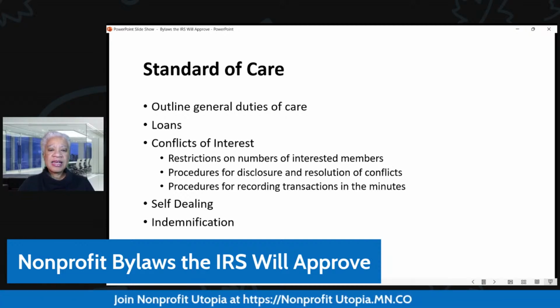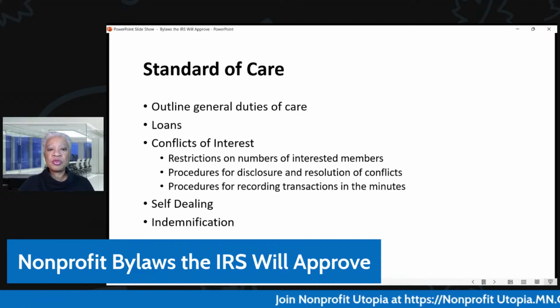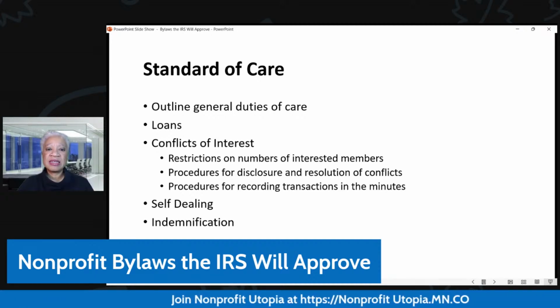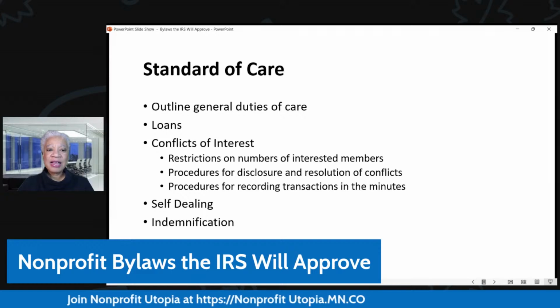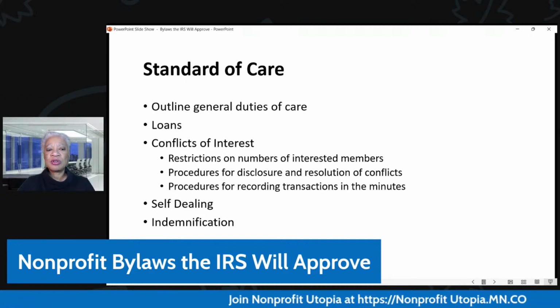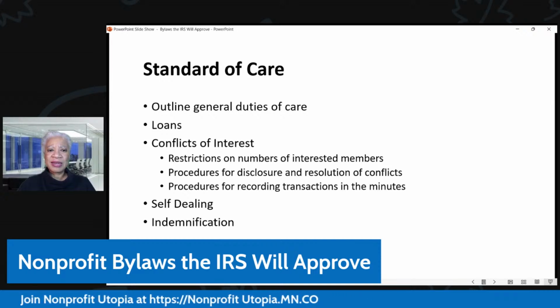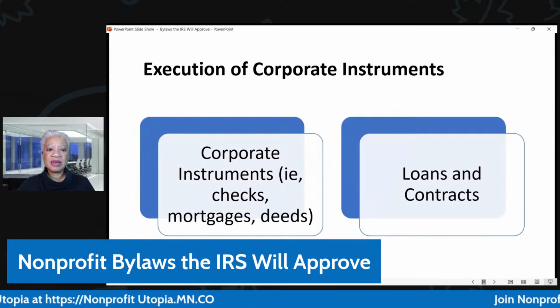All right. And then you also want to have an indemnification clause in the event that any board member causes harm to the organization, how are they going to indemnify people? And likewise, if in the event the board members are carrying on their duties and they're sued and there's a potential loss for them, how are you going to handle it? And usually, directors and officers insurance can go a long way to help that.